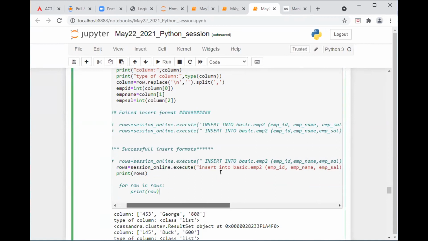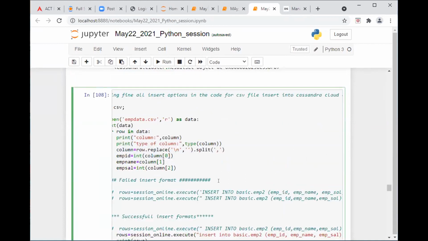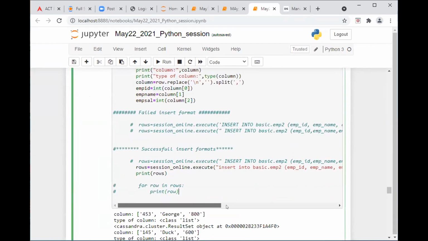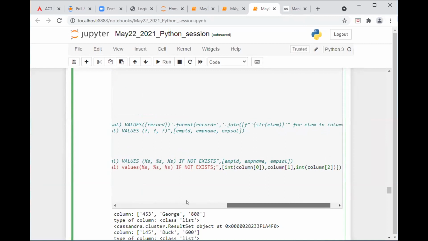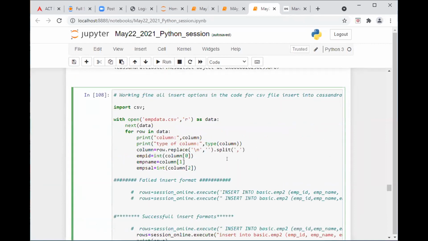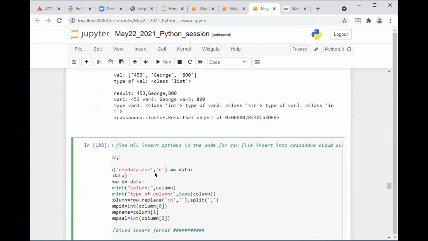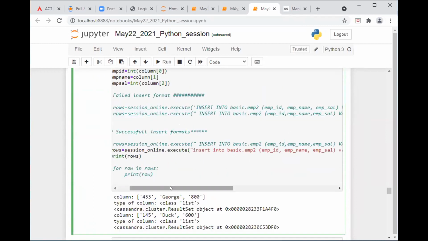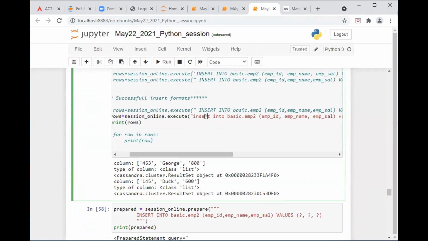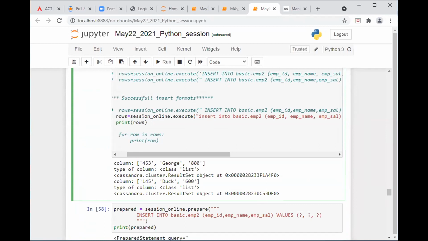I'm using MySQL, and I have inserted using these two methods. Sorry, this is in Cassandra, on the cloud, that I'm trying to insert. So when I use these two syntaxes, one second, just give me a second. If you see, the successful insert formats, these two insert formats, are working fine for me